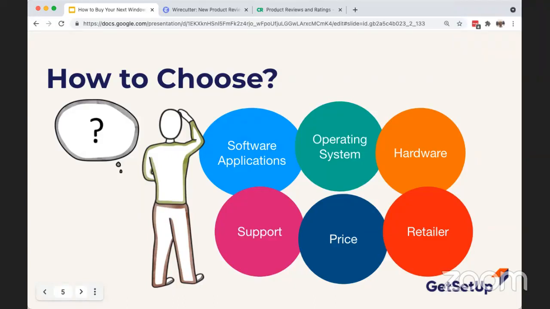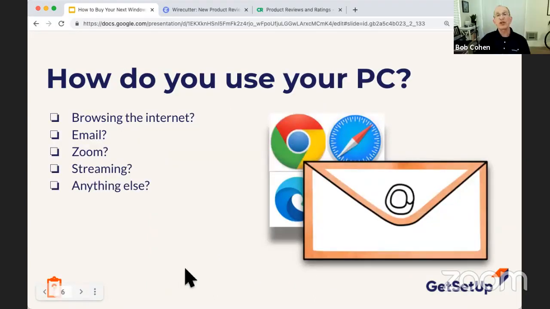Okay, thank you. Now, the first thing you really should ask yourself about buying a new PC is, how do you use it? Let's think about when you buy a car: you think about how many people you have to carry, how far you travel, whether you're concerned about mileage, how far you have to travel to get support, who can repair it, those types of things. We don't buy a car that often. We might buy a PC a little more often than we buy a car.